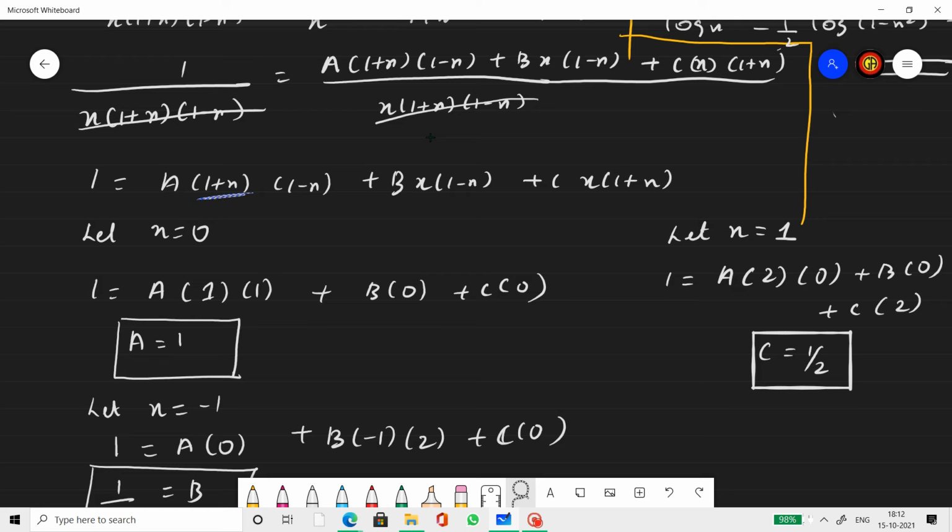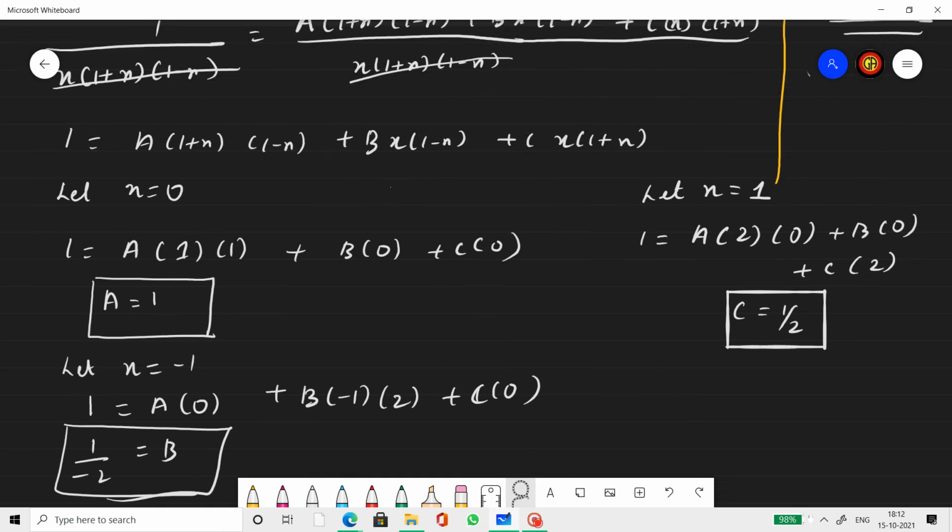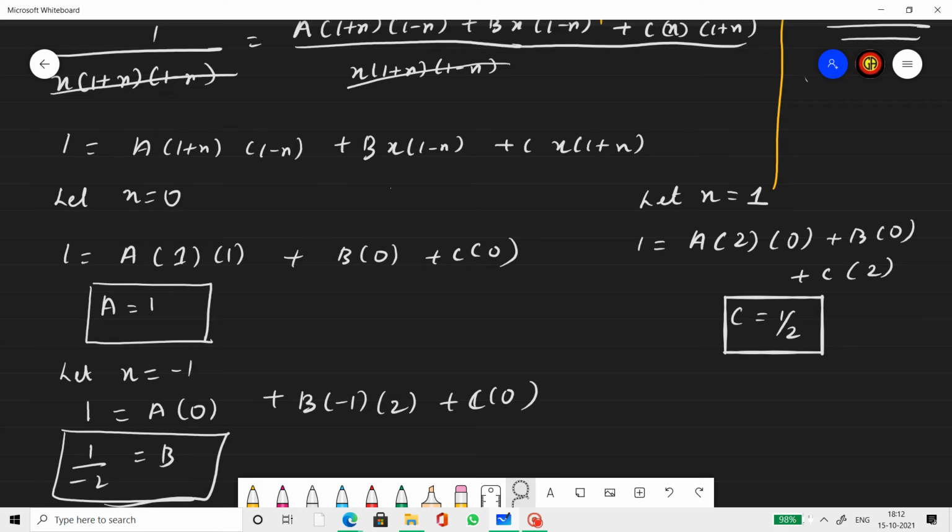Then I am using 1 plus x, so that means x equal to minus 1. So when I use x as minus 1, A will vanish, C will vanish. We'll be able to find the value of B. Then I'm using 1 minus x. You can see each and every term that is given in the denominator of the sum after we split, and we use one term as we proceed. So when we use 1 minus x, we get x equal to 1. Substituting that, A will vanish and B will vanish. We'll be able to get the value of C.